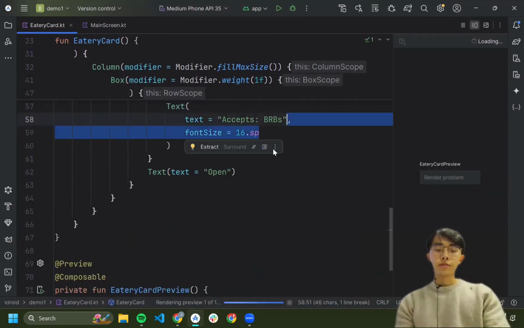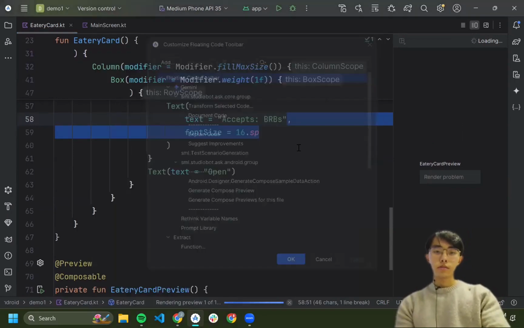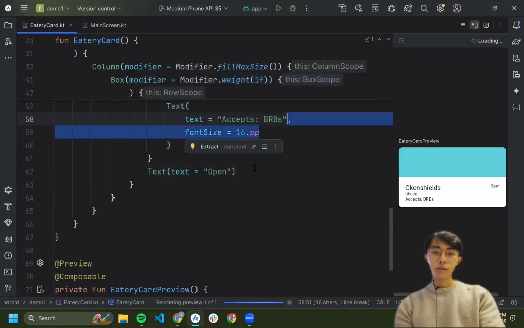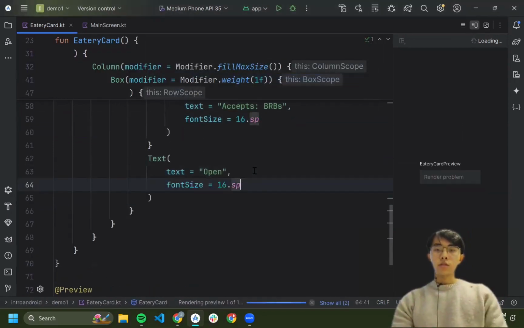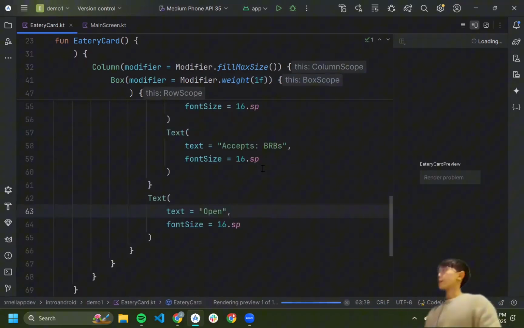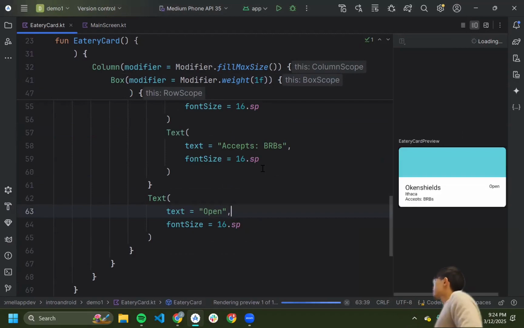And maybe I'll change this one as well. Oh gosh, I'm still using Mac controls, my brain. Okay, so with that, the text will change in size at least. So we can see what that looks like. So you can see there that's getting a little bit closer.